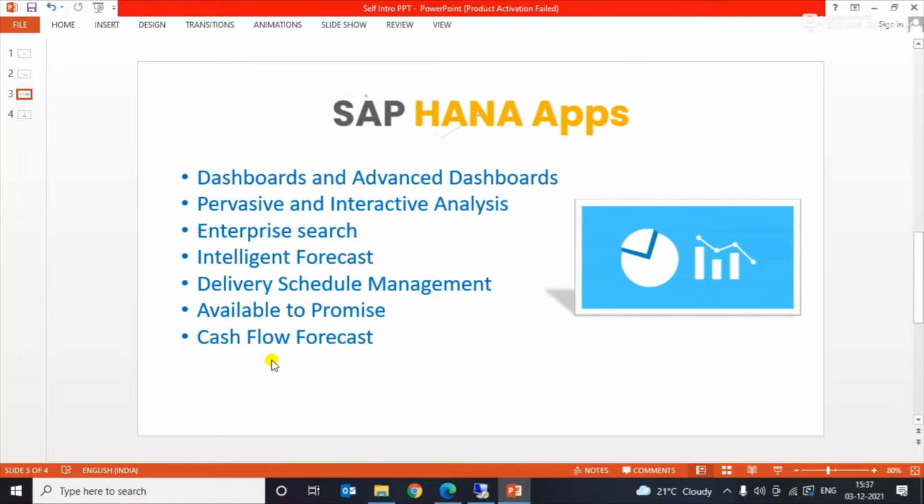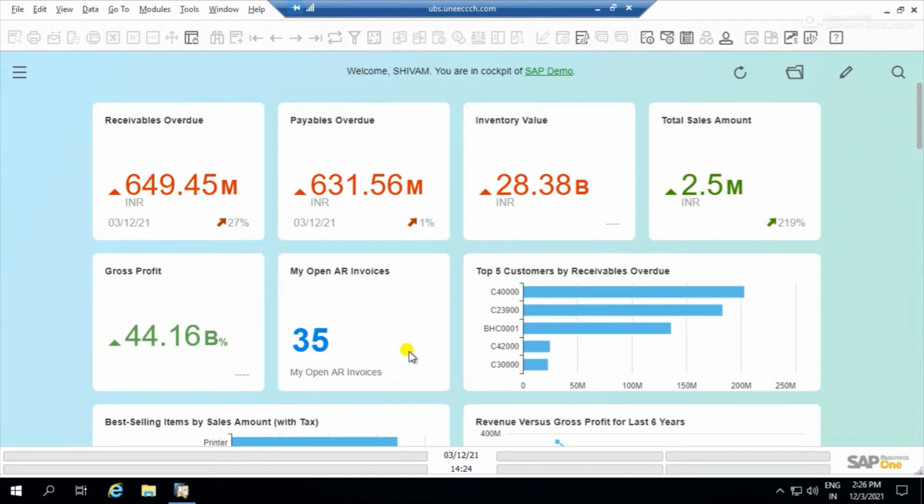In this video we'll be discussing some of the HANA features like the dashboard and advanced dashboards, pervasive and interactive analysis, enterprise search, intelligent forecast, delivery schedule management, available to promise, and cash flow forecast. We will focus on the dashboard and advanced dashboard which is available to you in the standard SAP Business One for HANA. So here you can see on my screen, this is the SAP Business One HANA dashboard, which is